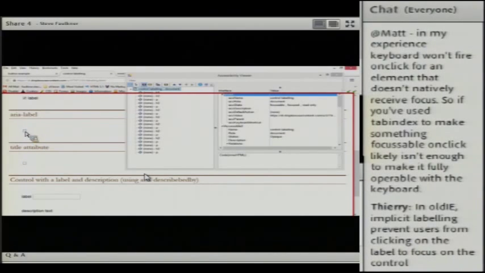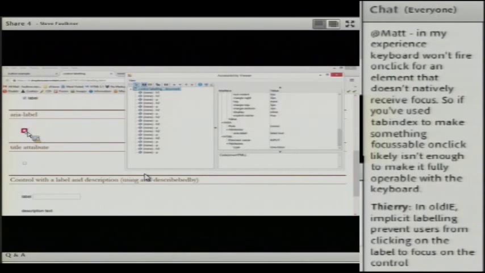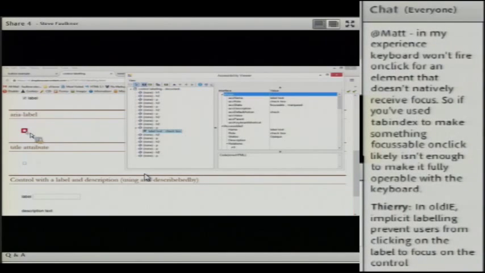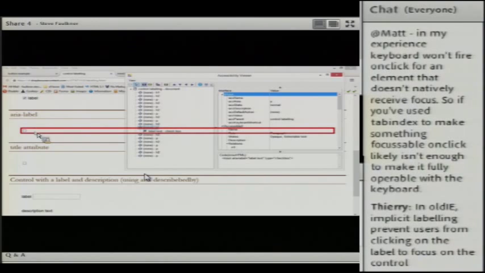The ARIA label. Okay, let's have a look at the ARIA label. So ARIA label is an attribute that goes onto the checkbox itself. If you open that up a bit, you can see we've got an ARIA label here. It's label text, but you can't physically see it.